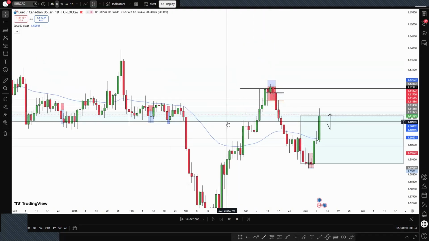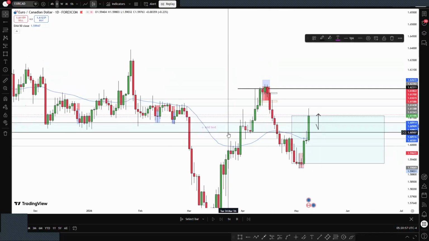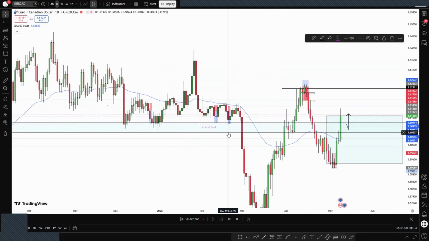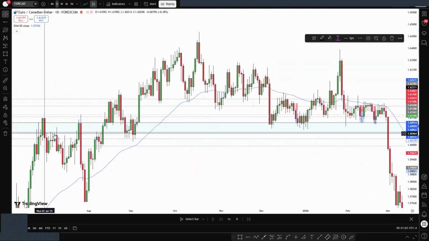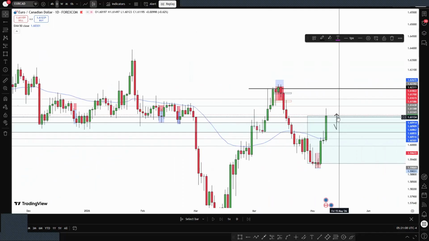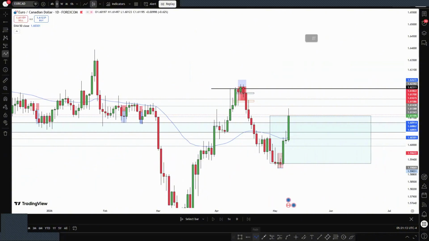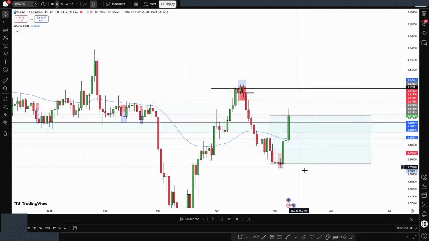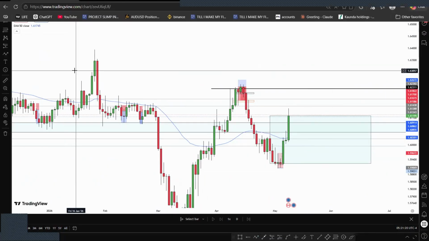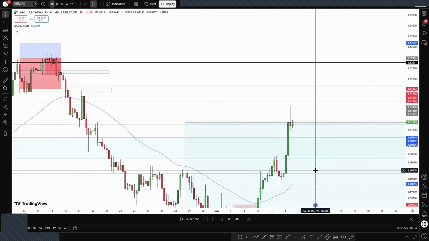Maybe if price was to break above this level this week, then I might change it. But for now, this is my OG level, and this is why it just makes the most sense. You can see how price was reacting at this zone. So I have to look for buys either at this zone or at this level, then I might buy. Since EURCAD and sometimes GBPCAD and NZDCAD move the same direction,